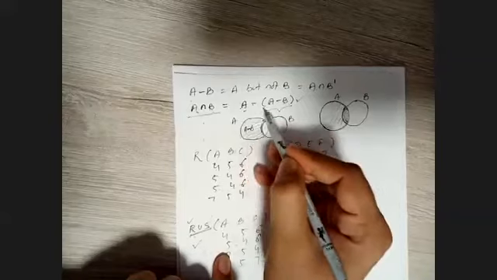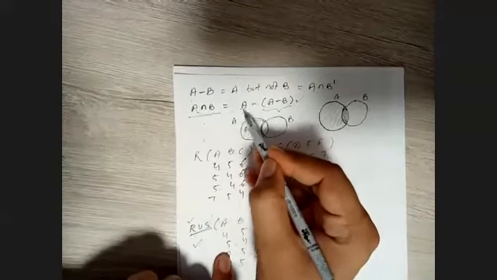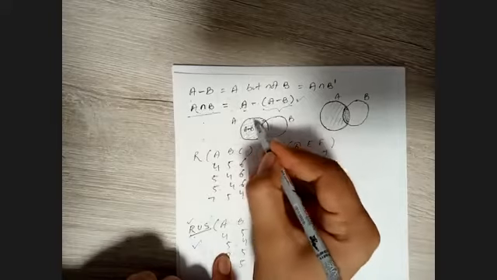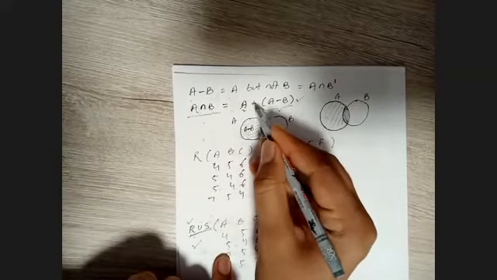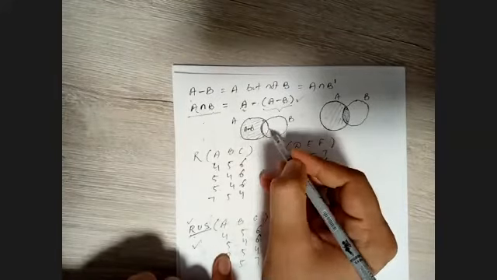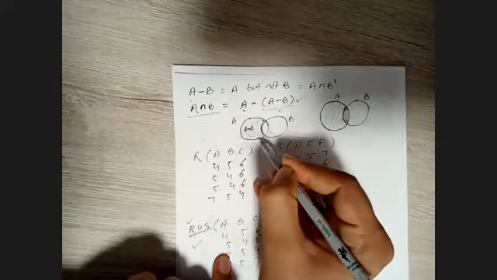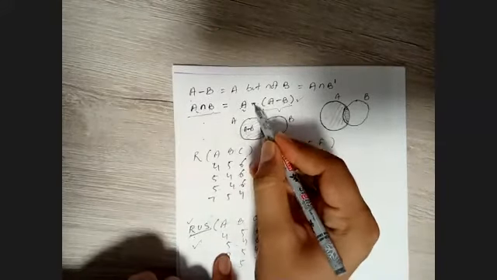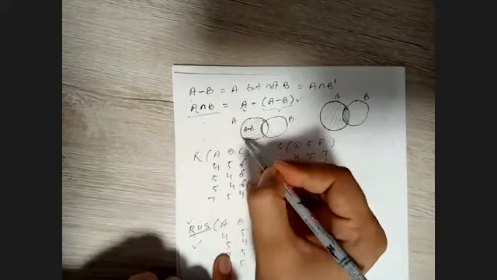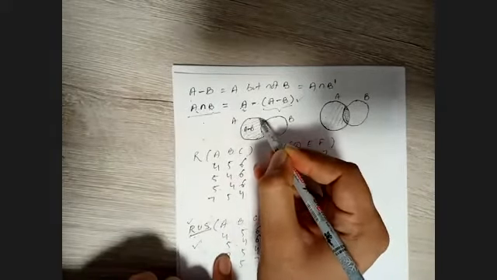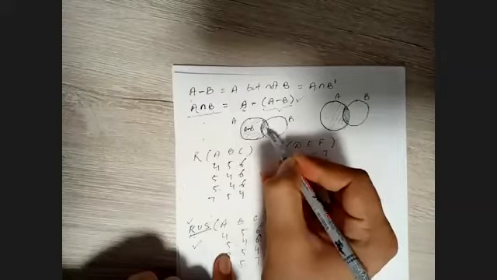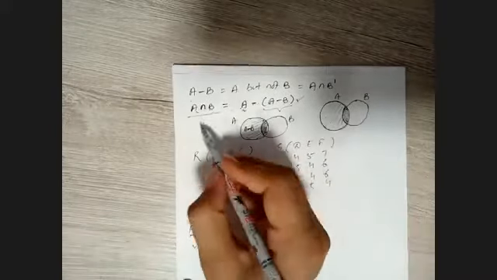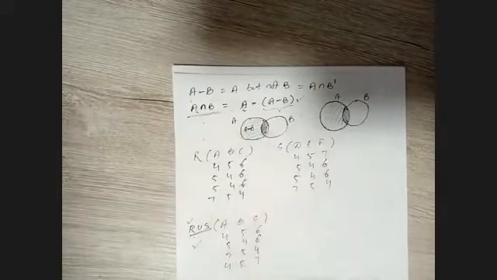Now A difference this complete result. Now this A is my complete set, and I am finding the difference of this complete set with this shaded part. So A difference this part, that is, the elements of A which are not in this one. Which are those? This intersection part. So this is how A intersection B we can find out with the help of the difference operator.